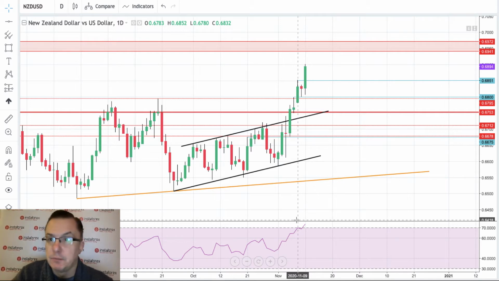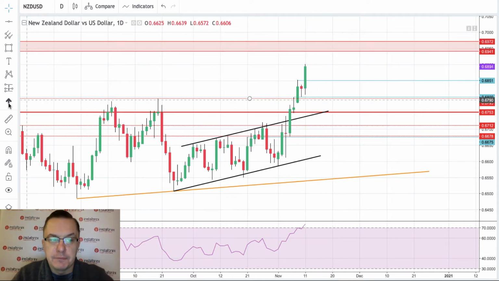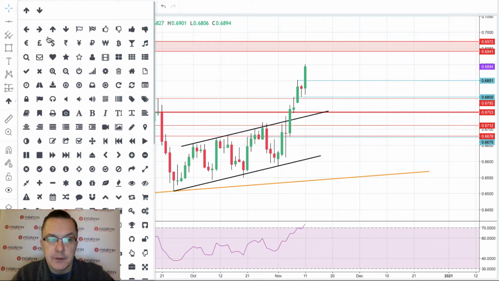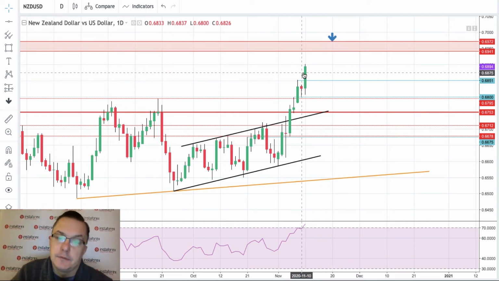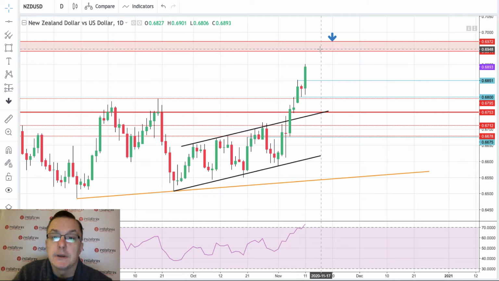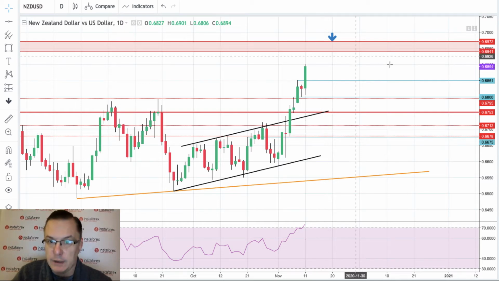The one thing that I would like to point out that is against the bullish view on the New Zealand dollar is that we are already in the overbought conditions on the daily time frame chart. So I think we should expect some kind of reaction on this market, maybe a pullback, maybe a correction to the downside when the price hits the area between 6,941 and 6,972 pips due